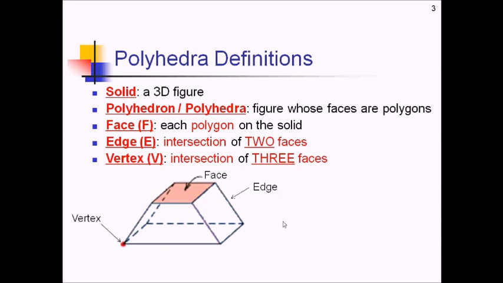Now, there's a unique relationship between the faces, edges, and vertices of any polyhedron. It turns out that the number of faces, F, plus the number of vertices, V, is equal to the number of edges, E, plus 2, all the time. And this is called Euler's theorem. We're not going to prove Euler's theorem, but we're at least going to demonstrate that it works based on this